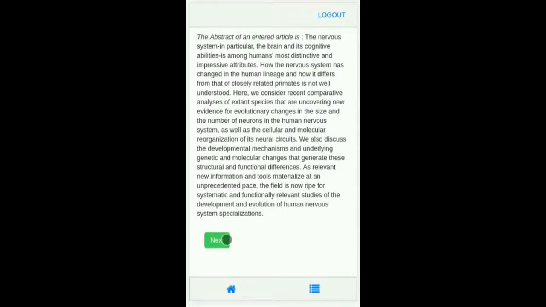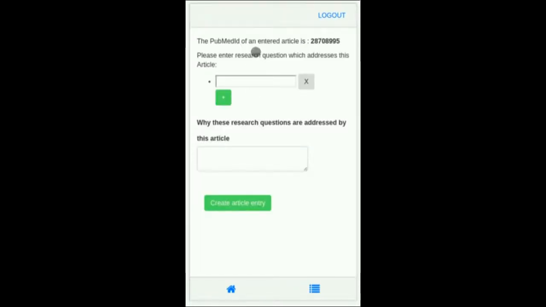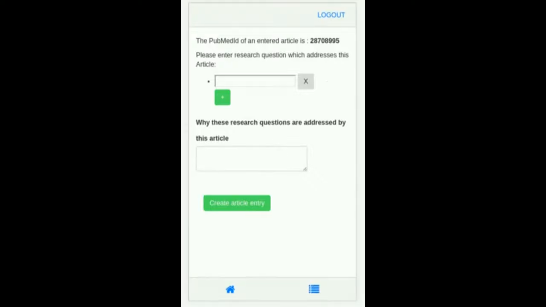So when I click on next, I can enter which research questions this particular article satisfies in this text box, and which are the expert comments for this particular article. Now I will add research questions which can be answered by this article. Generic and molecular changes, and if I want to delete this particular research question, then I can click on this cross, and if